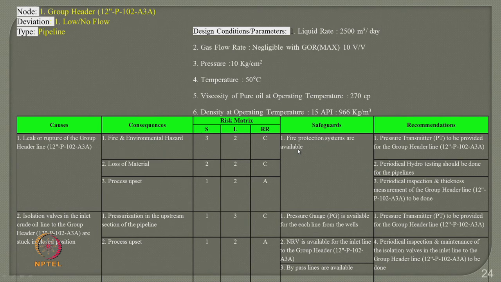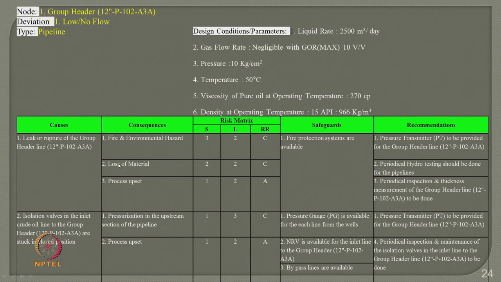So it is very interesting for us to know, at least for one specific case, that once you enter the group header node with the specification, the software borrows the nomenclature and enters the data here; you enter the causes yourself and it is given a number. Once you identify the cause, look at the consequences and check what would be the relevant severity and likelihood of this cause and consequence depending upon your experience. Once you have this, the risk ranking is automatically done by the software depending upon the matrix already available in the database. You also give a recommendation.